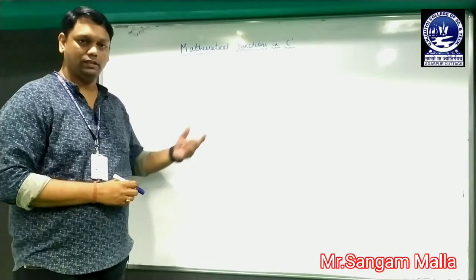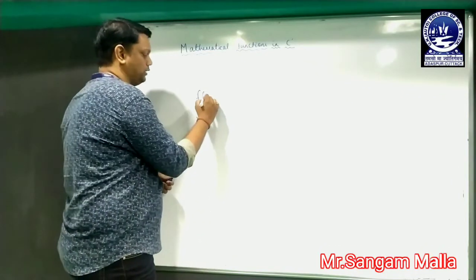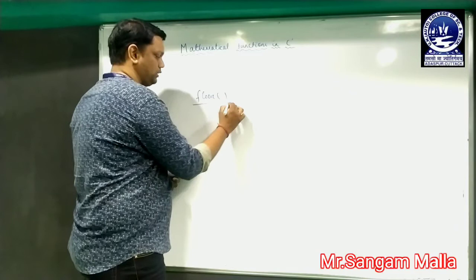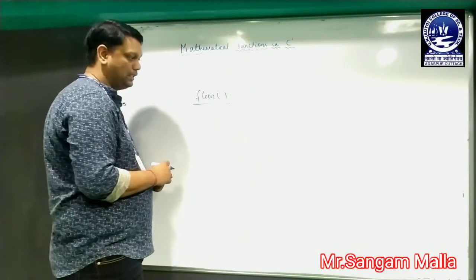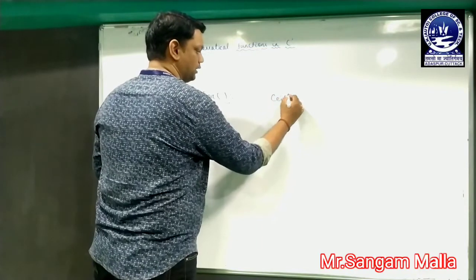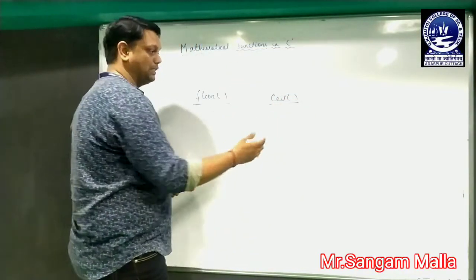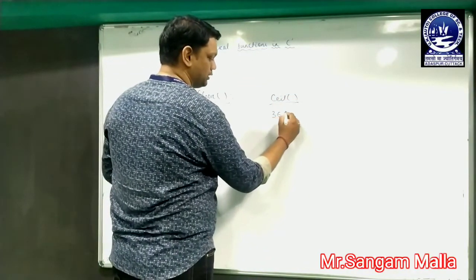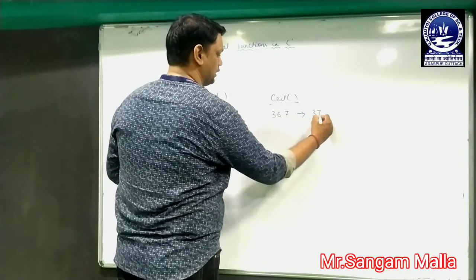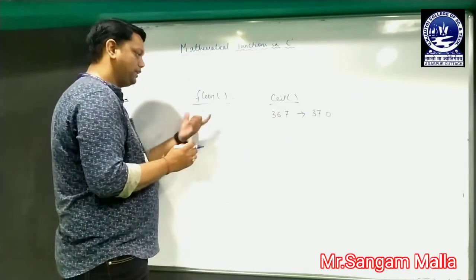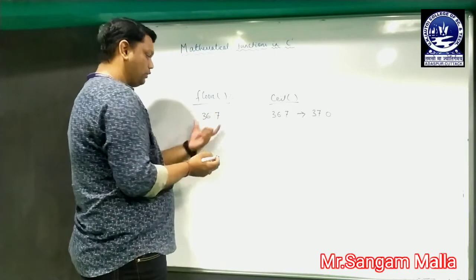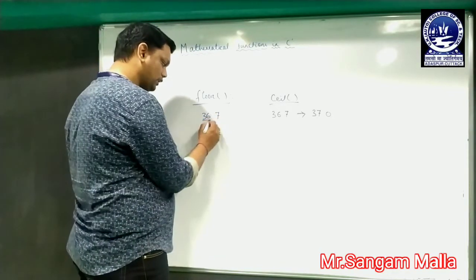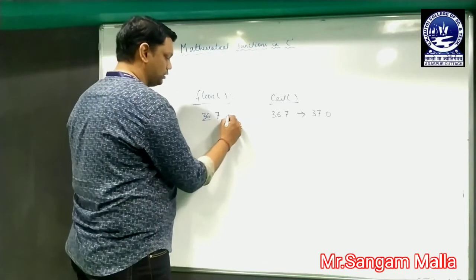We will be moving to another function, that is the floor function. The floor function is a special function which is actually the inverse of ceil. That means the ceil function rounds up the number to its higher number. If I enter 36.7, it will give the output as 37.0. But in the case of the floor function, if I write 36.7, it will round off to the integer part or less than that. That means the answer will be